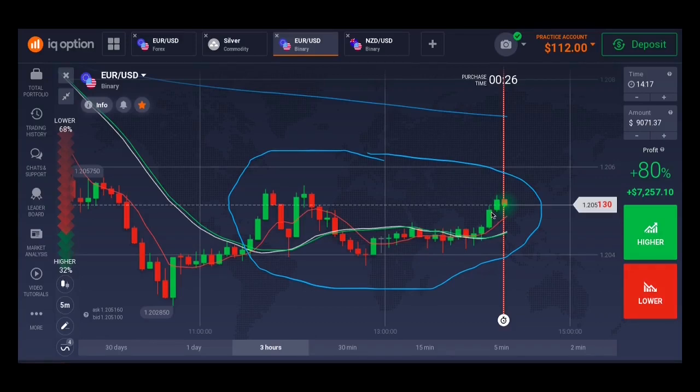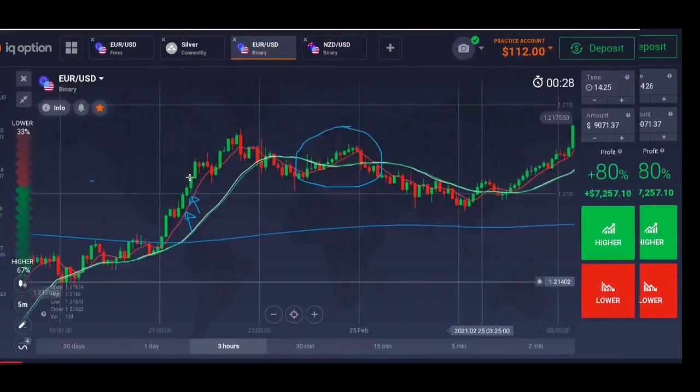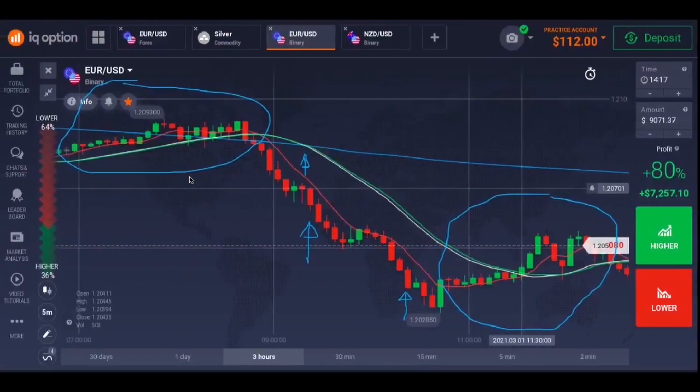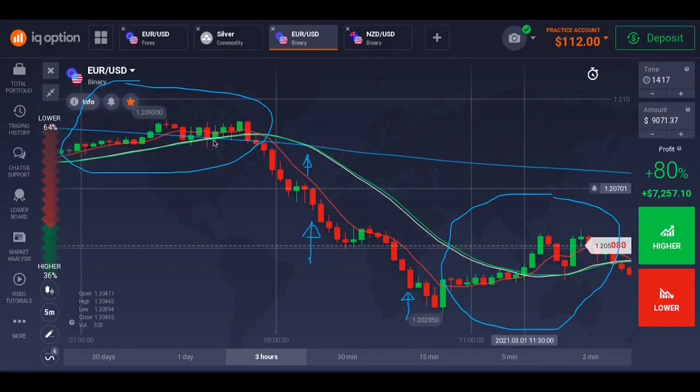Avoid buying a trade anytime you see the blue moving average above, then these other moving averages below. You don't buy. I'll also show you another trade to avoid. Anytime you see a sideways movement like this, you avoid buying in this situation. You don't buy a trade or sell a trade when you see a sideways movement like this. Don't buy, don't sell. Anytime you see this blue moving average above, these other averages below, you don't buy a trade. All you'll be looking for is selling a trade.